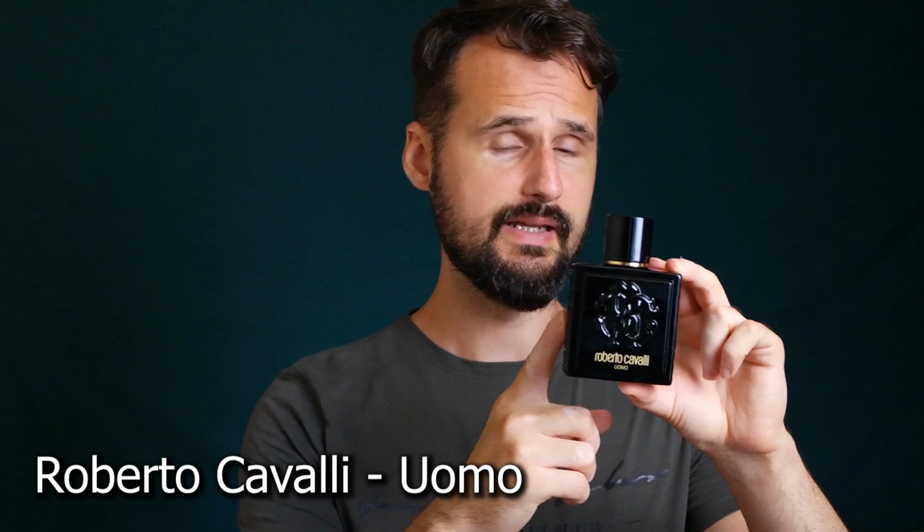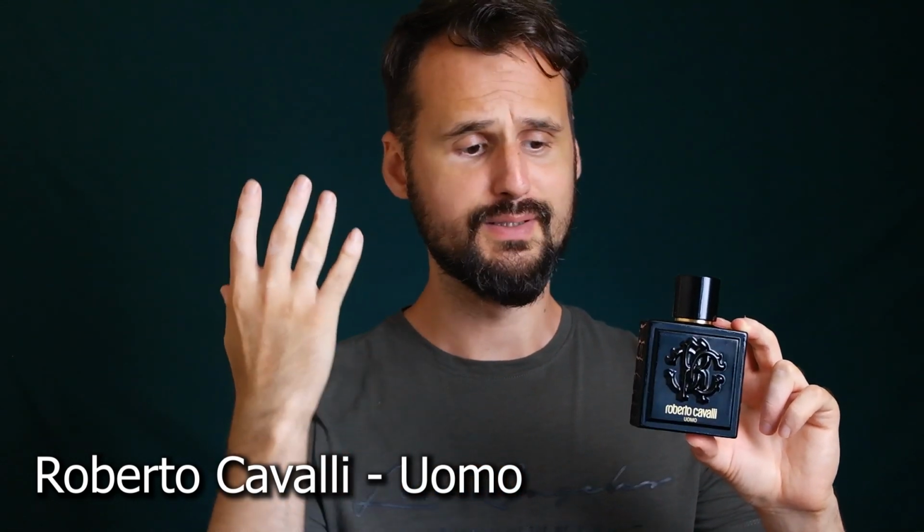The next one that I got, and I'm really proud of this purchase because it was a great deal. Not because I found it at a great discount. It did have a discount, but this fragrance in general has a great price for what it offers. This is Roberto Cavalli Uomo. This fragrance is elegant with honey, well above entry-level designers. And I'm saying this because the price of this fragrance is entry-level, but the quality is just like the rest